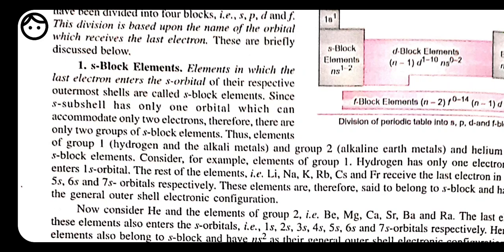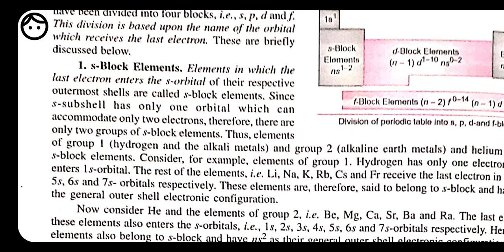And as we go down in a group, when we come down from lithium to francium, the metallic character and the reactivity increase down the group. Why does it increase? Because the size keeps increasing, and as the size increases, the attraction towards the nucleus decreases, and the loss of electron becomes easier as compared to lithium. That also you have done in class 10. So the reactivity also increases as we go down the group.